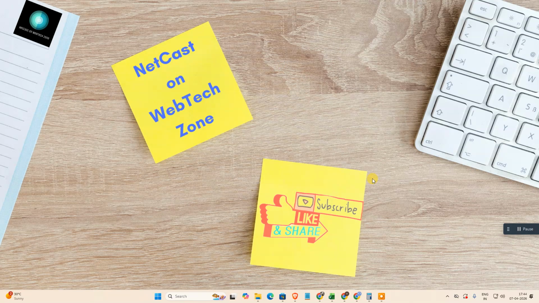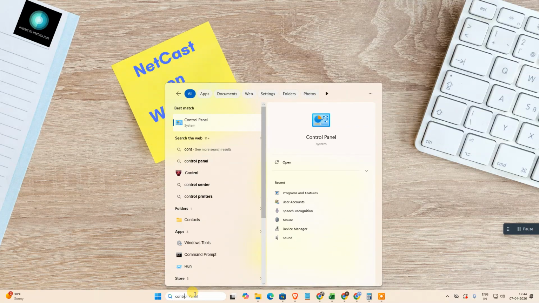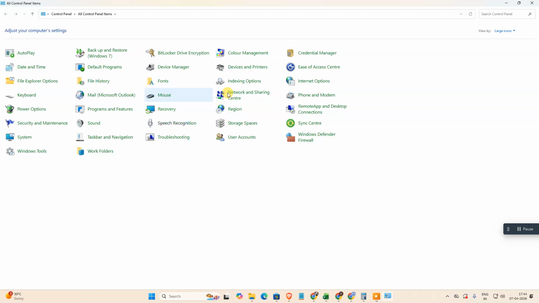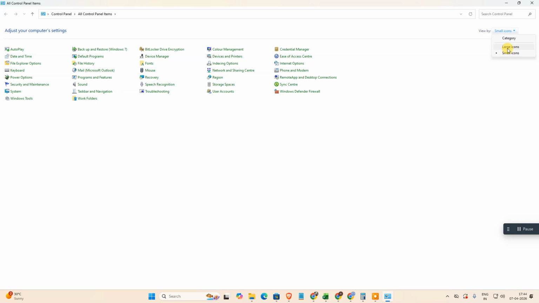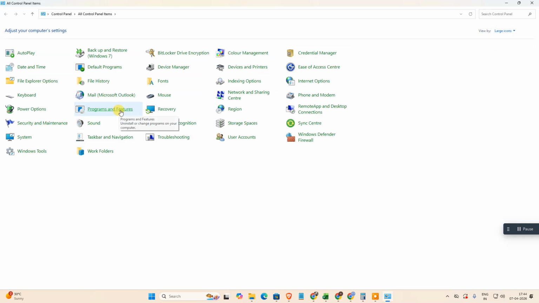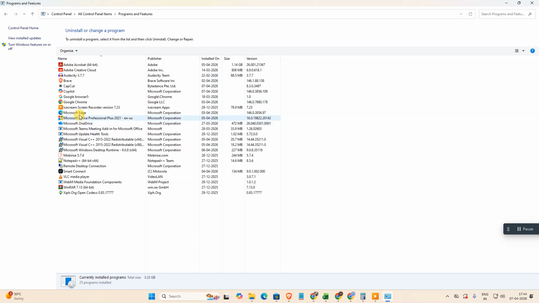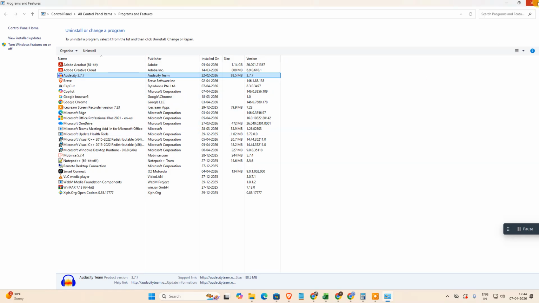First, the simple method that everyone knows is that you can simply uninstall your program or software from the Control Panel. So come to the search. We will start from this method only. Go to the Control Panel. Here make sure it is small icon or large icon, and go to Programs and Features. Here you need to find the software name, which is 360 Total Security. I don't have that software. Just select that software if you have it, right click on it and uninstall it. Just click yes, then it will uninstall. After this step is done,